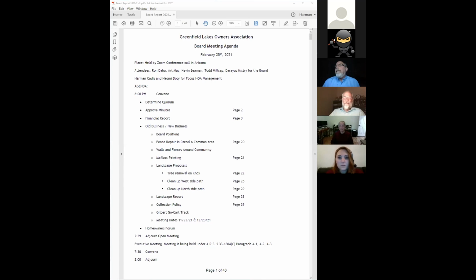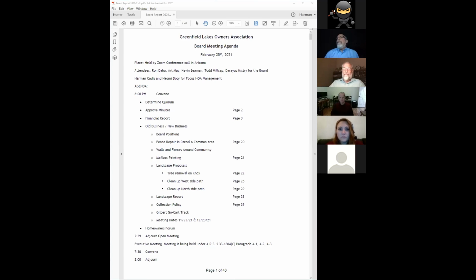Okay, I'm going to get back to this go-kart thing. As a matter of fact, I wanted to bring this up. First of all, when this first came up, it was going to be a splash pad and a putt-putt golf course, which was really cute. Now we have a go-kart. We have a big volcano that's going to be going out. The joke is, well, this area already has the helicopters going over. We have the railroad track.